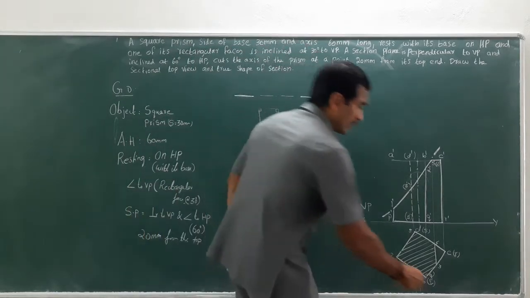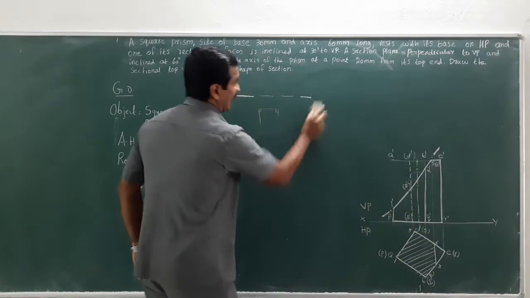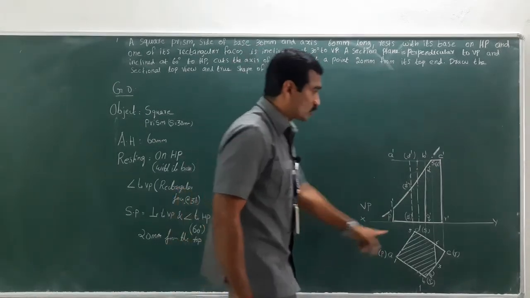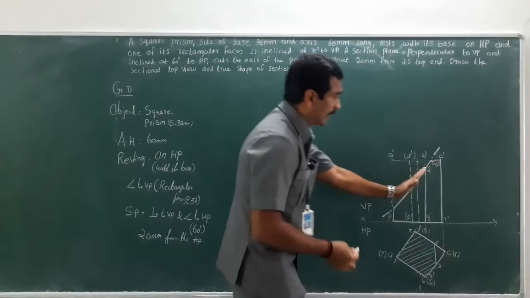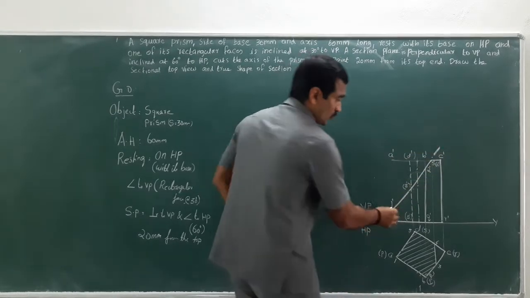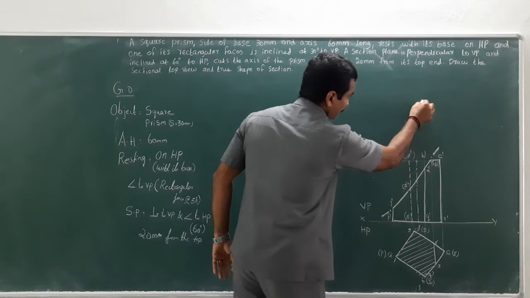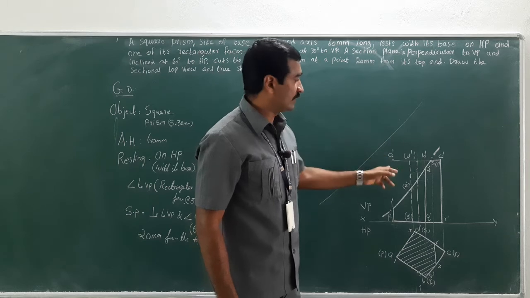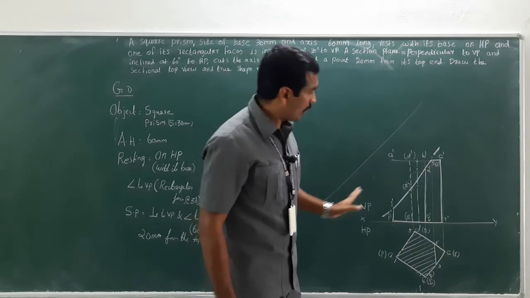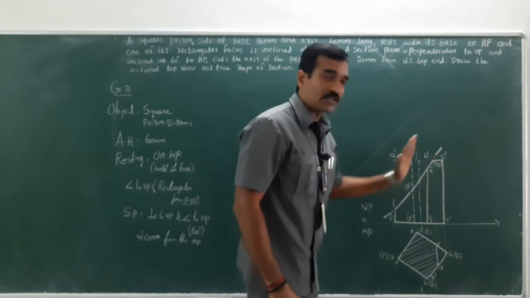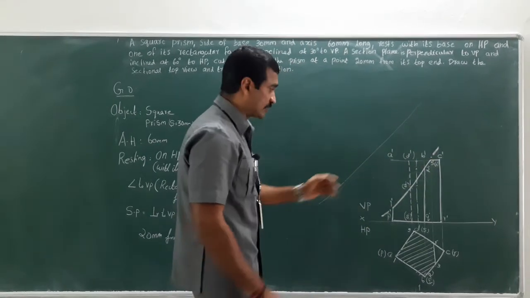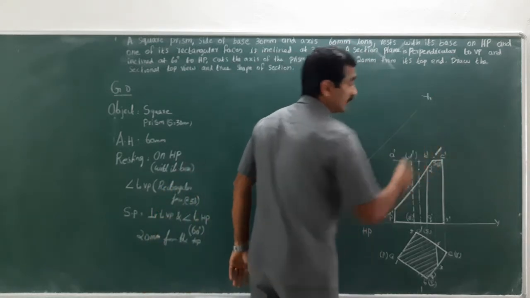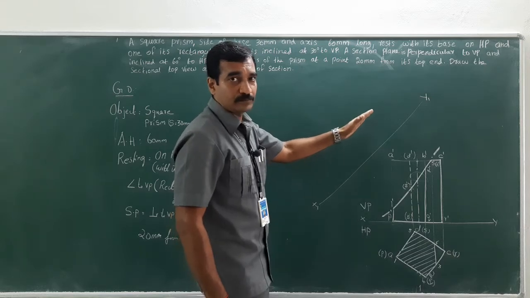For which what I have to do is, I have to create a new reference line, X1Y1, right? I have to draw a line parallel to the sectional plane. So draw a parallel line to this section. This parallel line should not intersect the existing drawing. If you draw a parallel line to the section which has been used, that is 60 degree, right? So now this is x1 and this is y1. This is a new reference line.